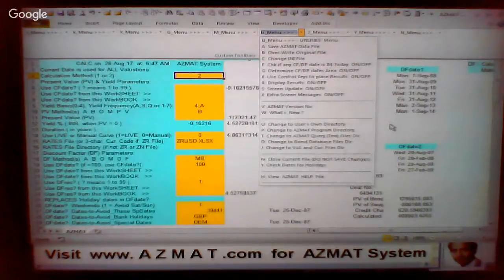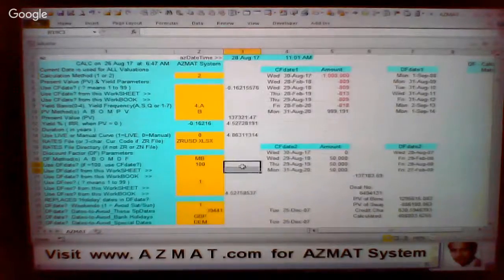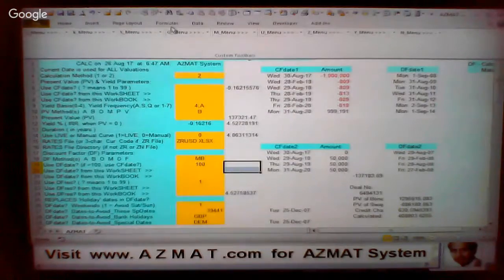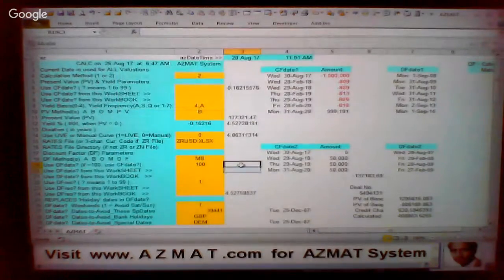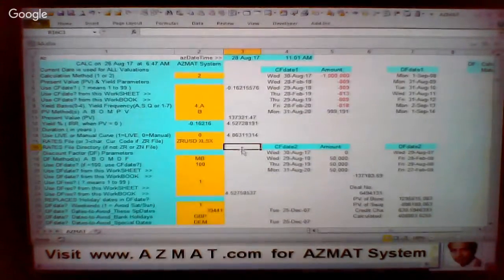And the same thing here, just like for present value, if a control key is used. So if the Control Y command is used to calculate yield instead of using the menu, I use the control key. 1, 2, 3, 4, 5 up to 5 here, I can have the same as that, or just one Control Y. If I use that Control Y,